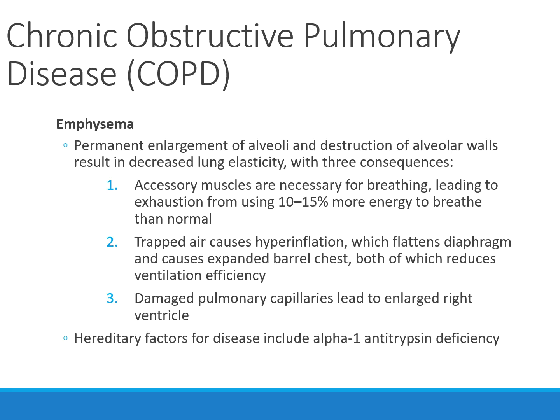Emphysema is permanent enlargement of the alveoli and destruction of the alveolar walls that makes the lungs less elastic. There are 3 consequences to this. Accessory muscles that are necessary for breathing become exhausted because they use 10 to 15% more energy to breathe than normal. You end up with trapped air that causes hyperinflation, which flattens the diaphragm and causes what's called a barrel chest, both of which reduce ventilation efficiency, and you have damaged pulmonary capillaries that lead to an enlarged